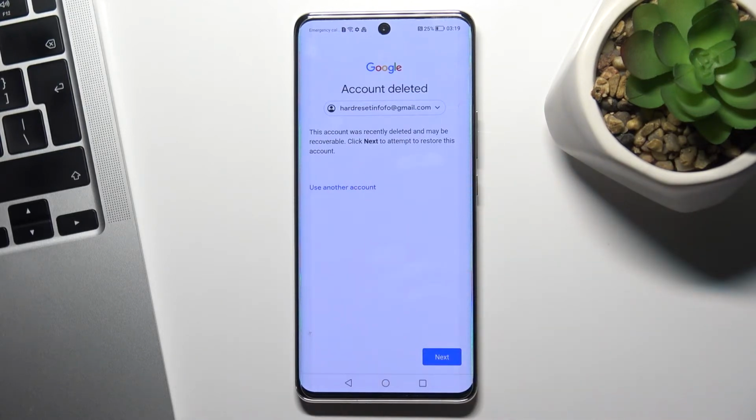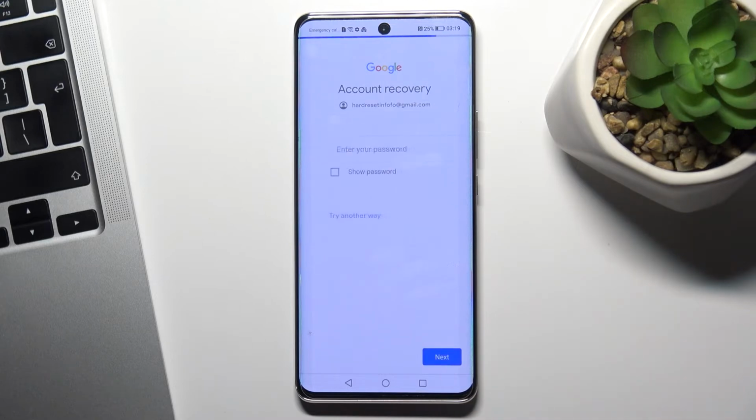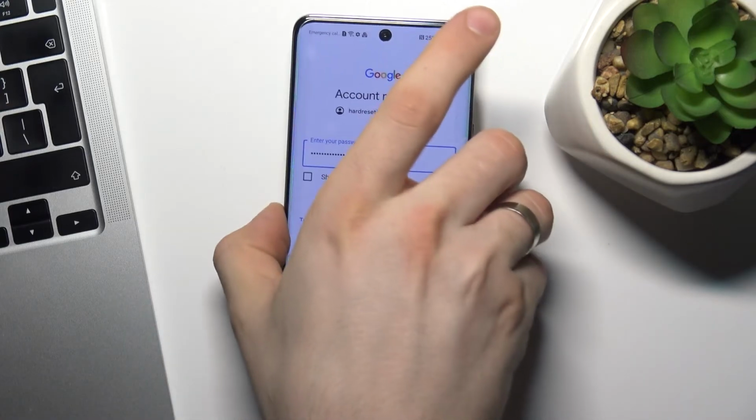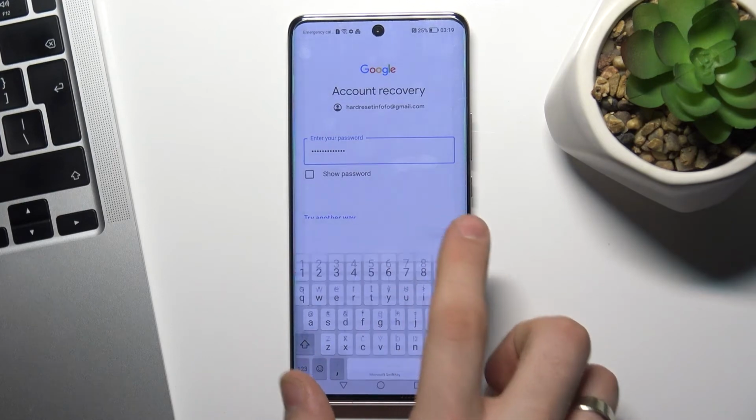So, this account was recently deleted and may be recoverable. Click Next to attempt to restore this account. So click Next, enter your password. Choose Next,